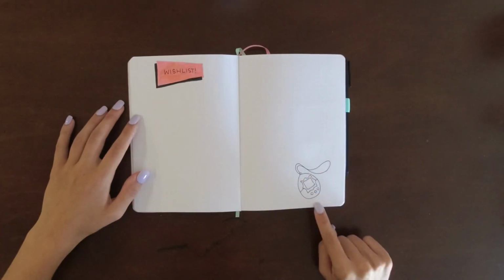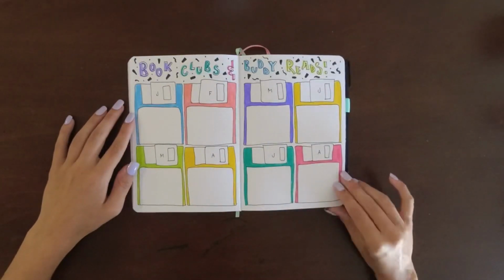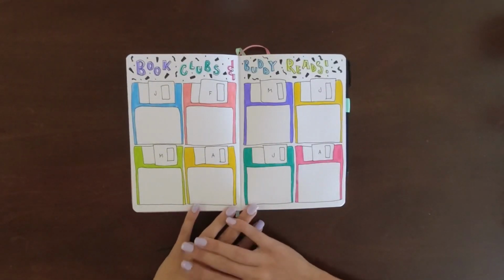I don't know, it was a bit plain, so I just drew a little Tamagotchi in the corner. Okay, this page, super fun and colourful, but this is going to be book clubs and buddy reads. So I have this page, obviously, and the next page to fill in enough months for the entire year, and